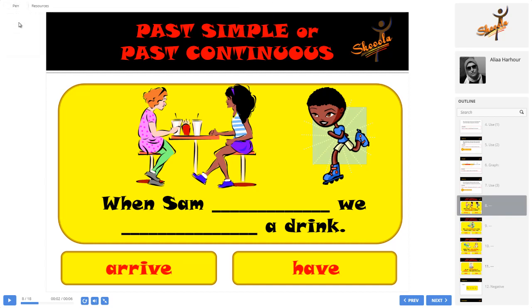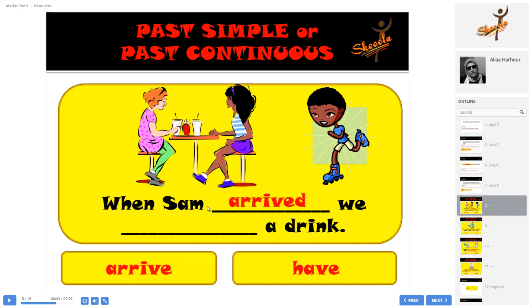So, when Sam, we a drink, we need to use verb arrive and verb have. Again, we need to use verb arrive and verb have. So where is the long action? Can we say when Sam was arriving? No, Sam arrived. Why? Because I have the keyword which is when, and whenever I find when, I put past simple tense. When Sam arrived,